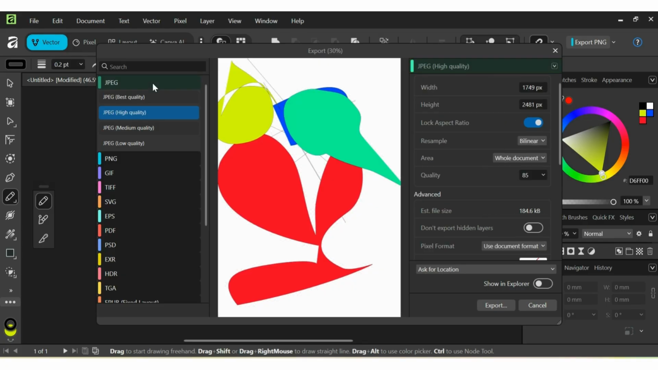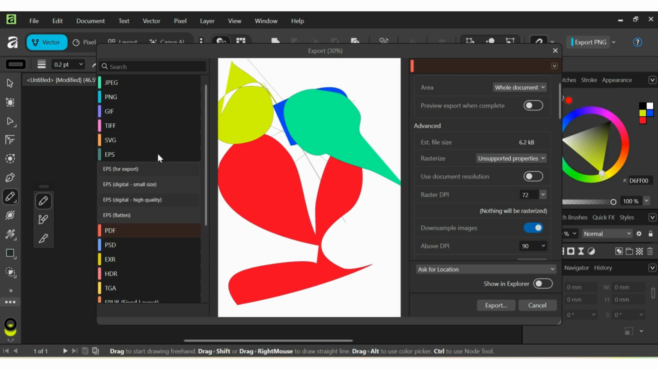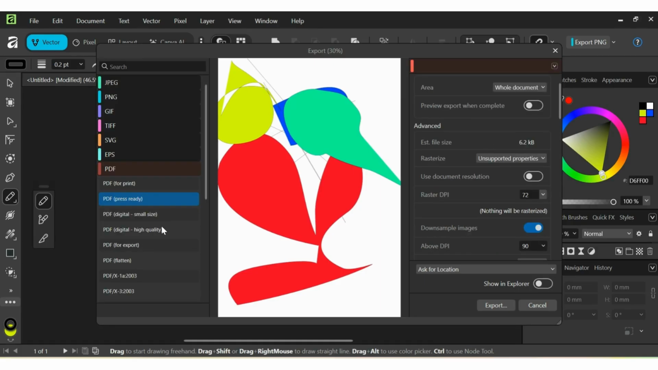Affinity Designer also lets you export in other formats like JPEG, PDF, and EPS depending on what you need. For JPEGs, remember they always include a background, so only choose that format if you don't need transparency. For PDFs, choose whether you want it for print or digital use since each has different recommended settings. You can also use the presets if you're not sure, and they'll give you a reliable export without needing to